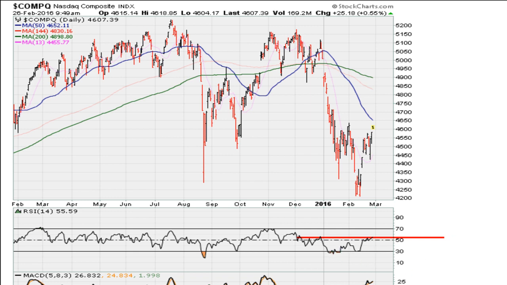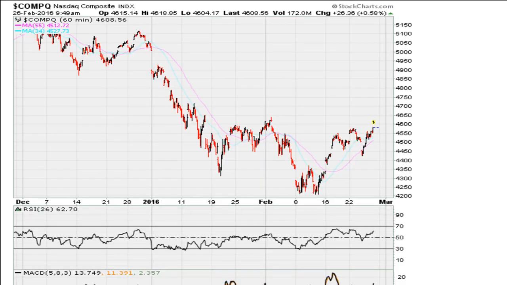But I strongly still believe that around here we stall, and eventually we move back after showing resistance yet again on this red line. That's my feeling there. Let's take a look at the 30-minute chart, and you can see the 30-minute chart for the NASDAQ also showing that it is coming back to test that top